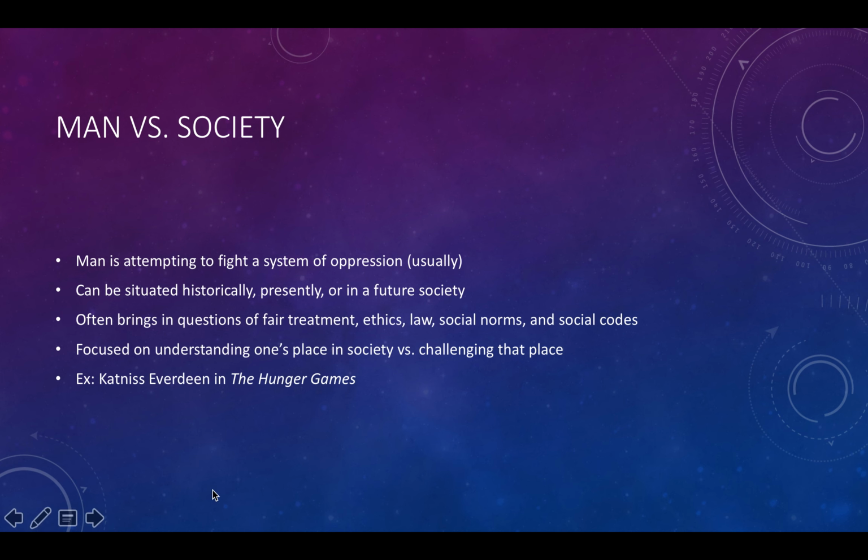For example, Katniss Everdeen in The Hunger Games is a direct representation of fighting the system or fighting these larger social norms or social structures. You could also argue that she represents man versus man against Snow. So there are a lot of different conflicts that you can see in different narratives, and hopefully that gives you a good understanding of how these conflicts and plot structures go beyond just what is happening in the